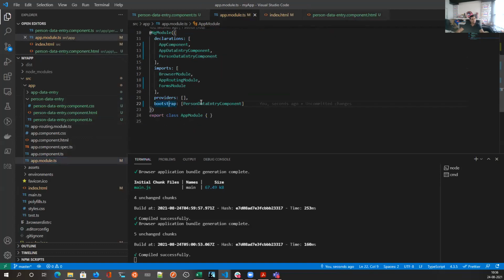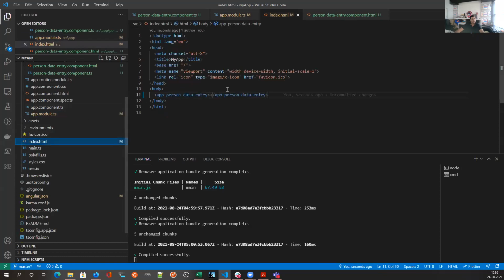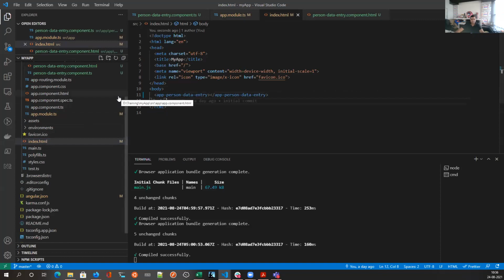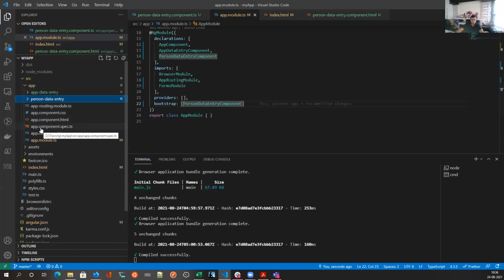In bootstrap, we changed app component to person data entry component. And then in index.html, we changed the selector to app-person-data-entry. And then when we ran our application, it ran flawlessly. Are you guys clear with this?